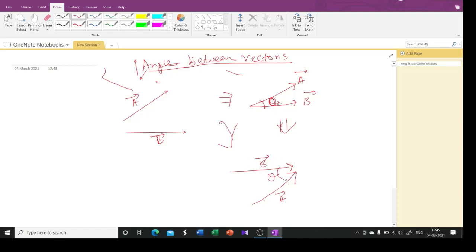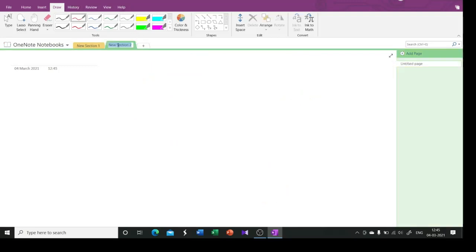What we did was, two vectors were aligned in different ways. Okay, so we brought them in such a way that their tails coincided or their heads coincided. Okay, and then this smaller angle between them, the smaller angle, not this one, this one is known as the angle between the vectors. You would ask why this is important, right? This has very vast applications in finding the resultant of vectors.